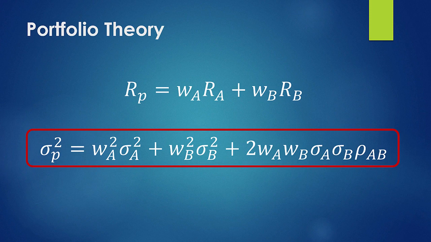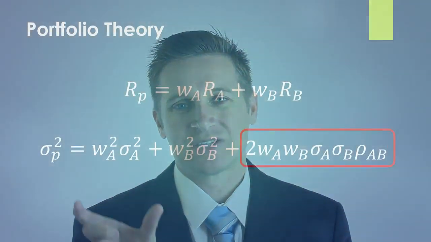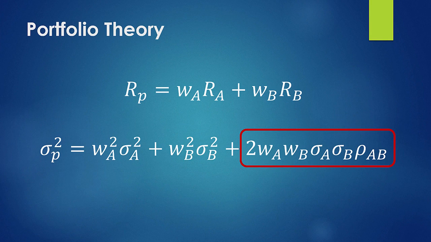You're taking the weight and the variance of each of these assets, asset A and asset B. But then there's this piece of the equation at the end, and this is what is factoring in the correlations. So the most important part of this is the very last piece of the equation, and this is the correlation